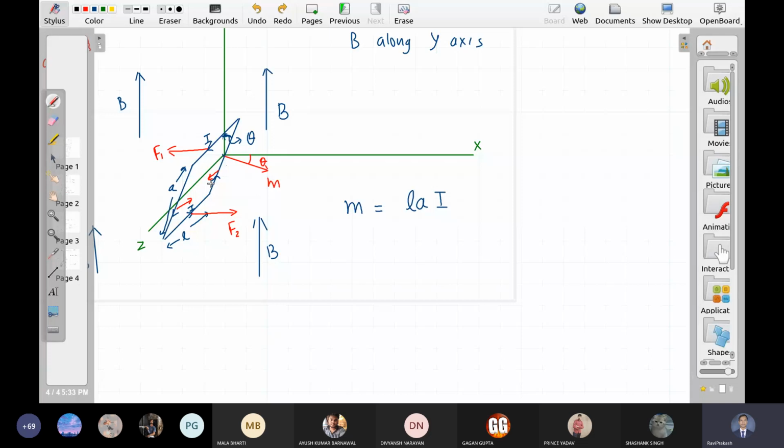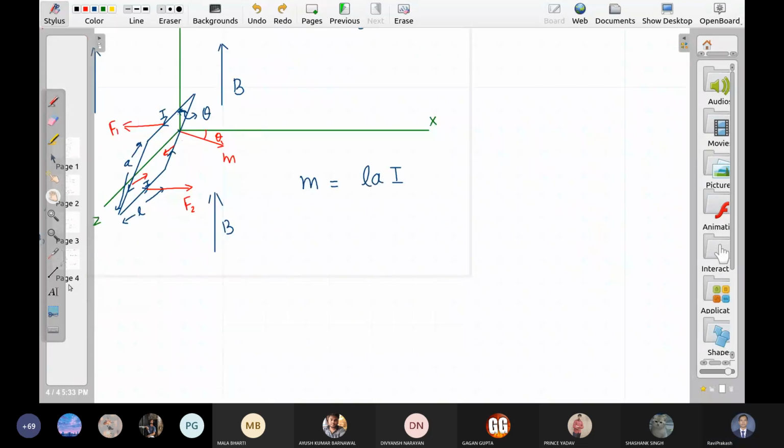Let me draw a clean picture, something like X and Y axis only. So if I do not draw the Z axis, then this is the situation. This is X axis, Y axis, Z is perpendicular to it. I am not going to draw it. The loop looks like this. The loop will look like just a line to you, right?